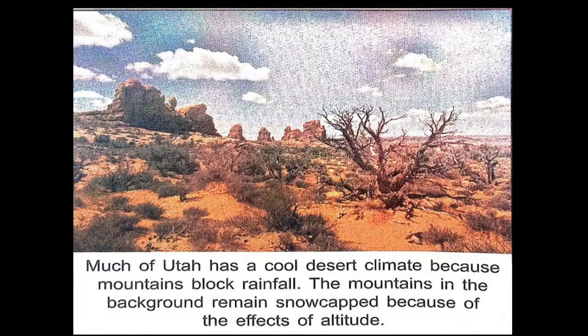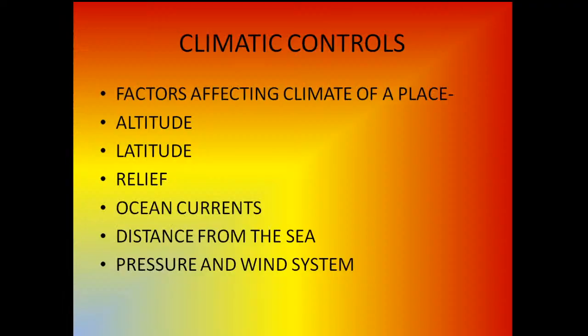If I talk about a cool desert, an example can be taken of Utah, which has a cool desert climate because mountains block rainfall. The mountains in the background remain snow-capped because of the effects of the